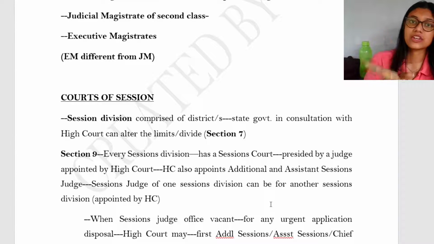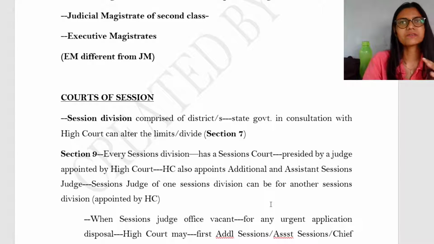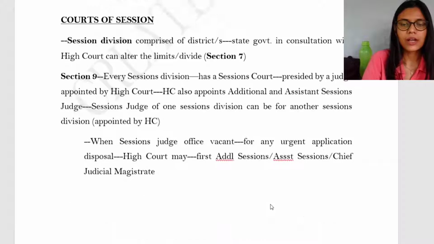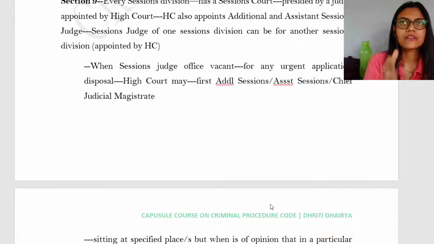However, an additional sessions judge is not inferior to the rank of the district judge. They have similar powers, but in case of administrative control and all of that, the principal sessions judge will obviously have more power. Now what we'll see, because we're dealing with who is presiding this office,